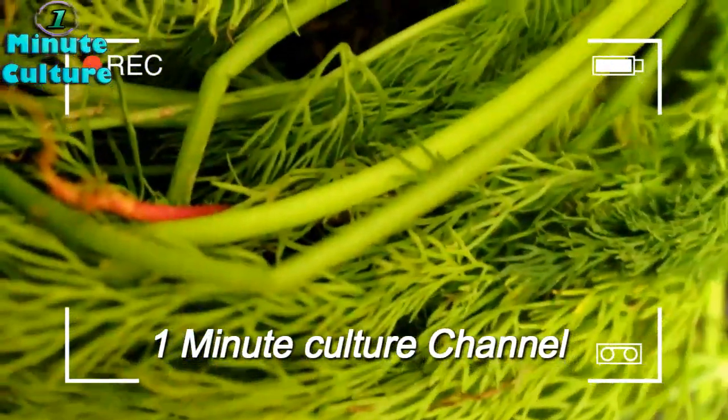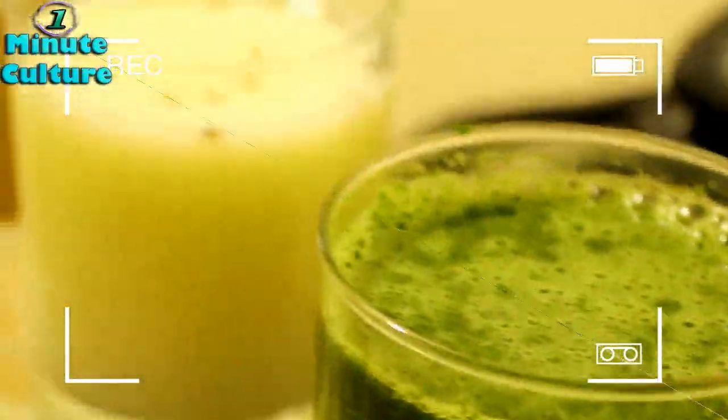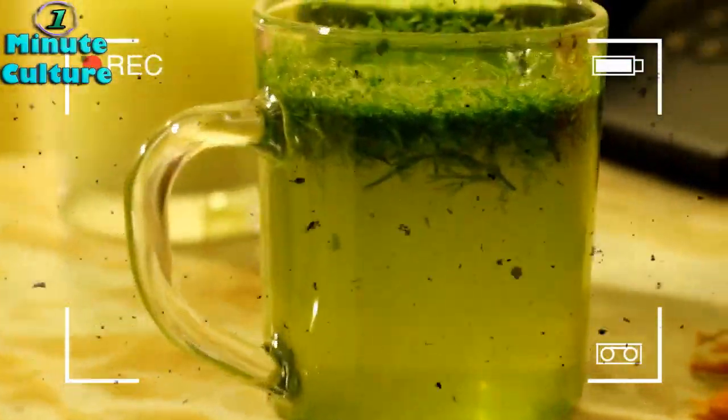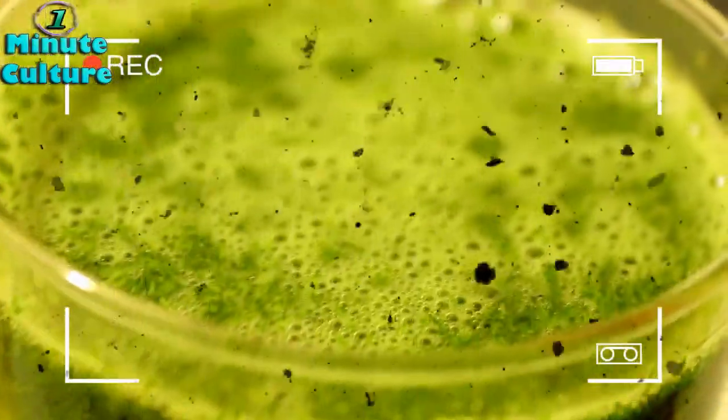Take a bundle of its leaves and wash them and then leave it to dry. After that, make sure you've taken enough for 3 or 4 days and chop it up into little pieces. And you can store some in the fridge for later use. Then put it in the blender and add 2 glasses of water and keep the blender turned on till they